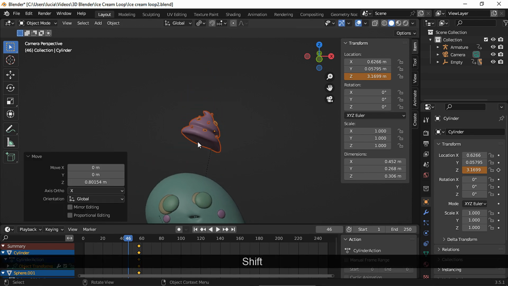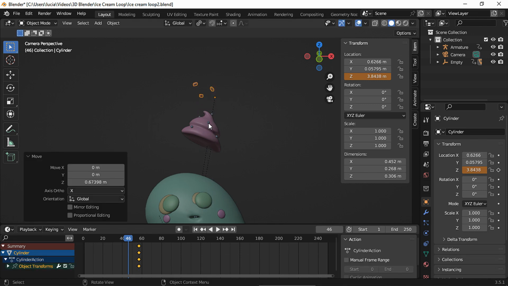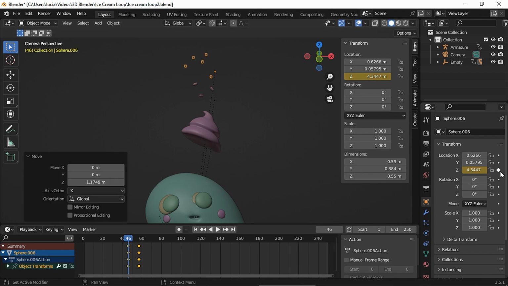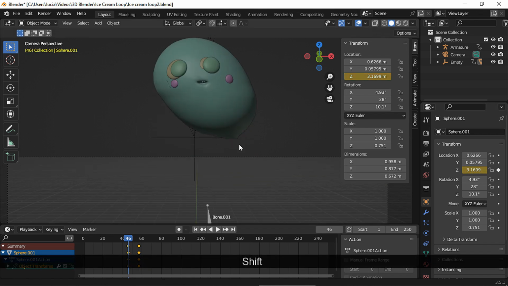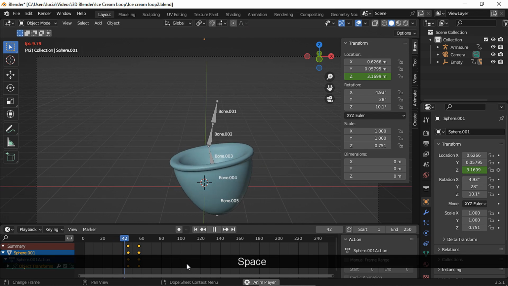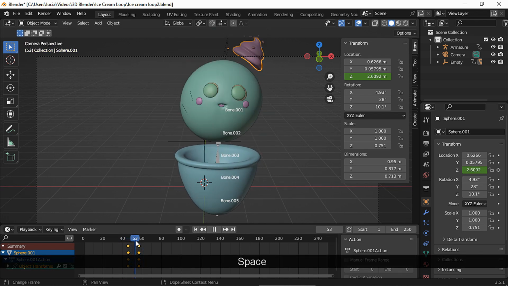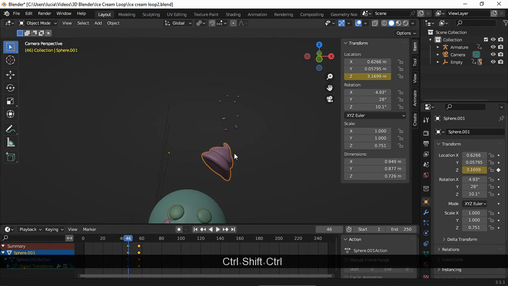And now I'm gonna move the cylinders up. Now I'm gonna move the UV spheres only and set a keyframe for the three meshes. Let's take a look. Okay, I would like them to appear even more gradually, so let's go back to our first keyframe. And I'm gonna move the three objects up way more.